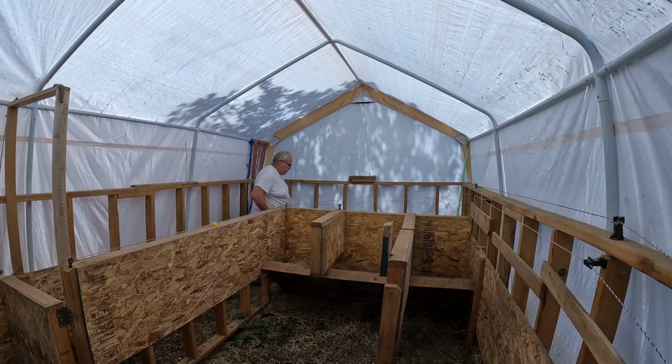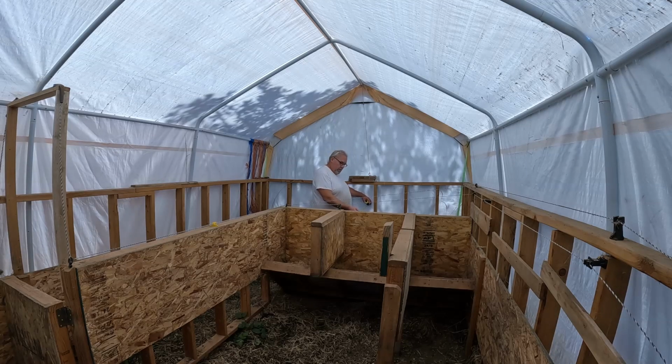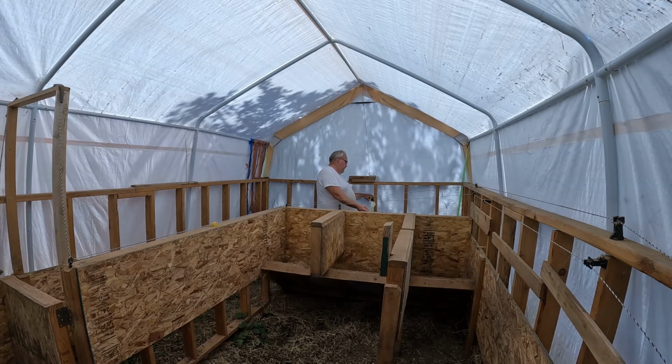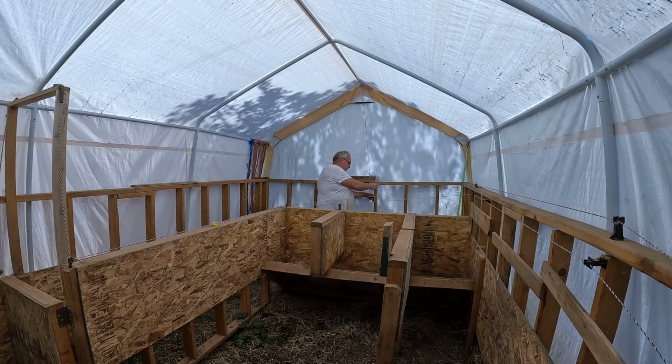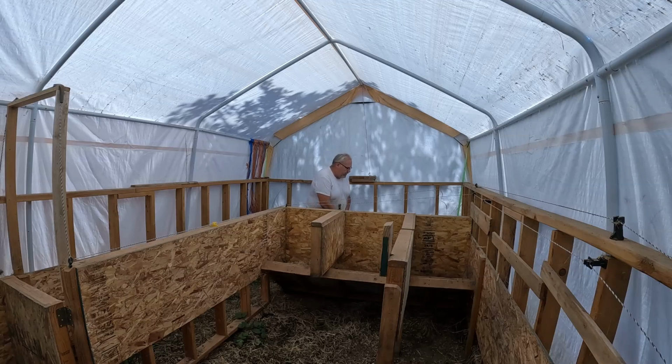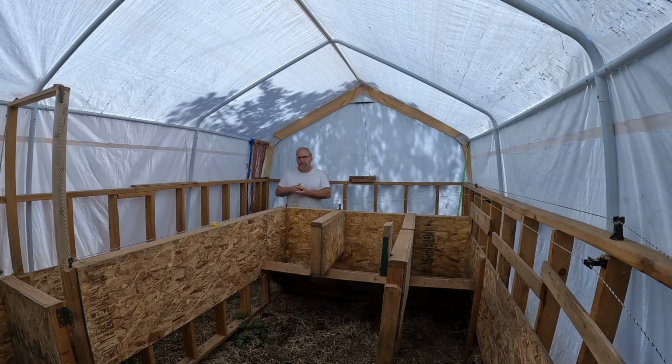The space back here for hay bales is not quite enough. From the back of the wall to, from this side of the wall to the inside edge is 37 1/4. Hay bales measure something like 48 lengthwise. So somehow, if I could have made this a little shorter, I would have made it 48 back here, front